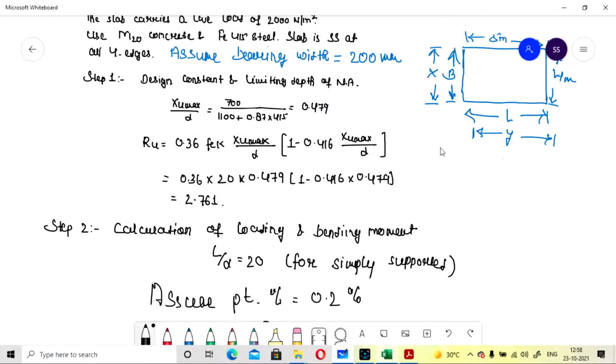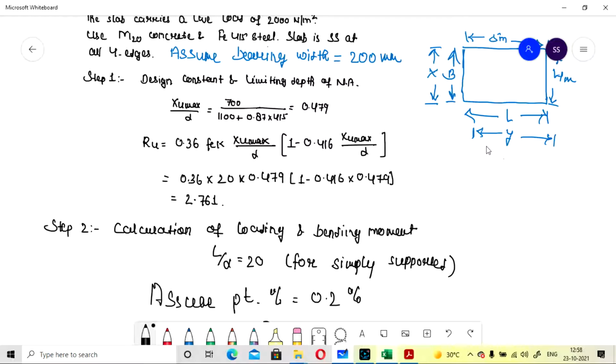Now our design constant is, and the limiting depth of neutral axis we can find by this formula. Xu max by d is equal to 700 divided by 1100 plus 0.87 fy. This is fy 415. Our value will be calculated as